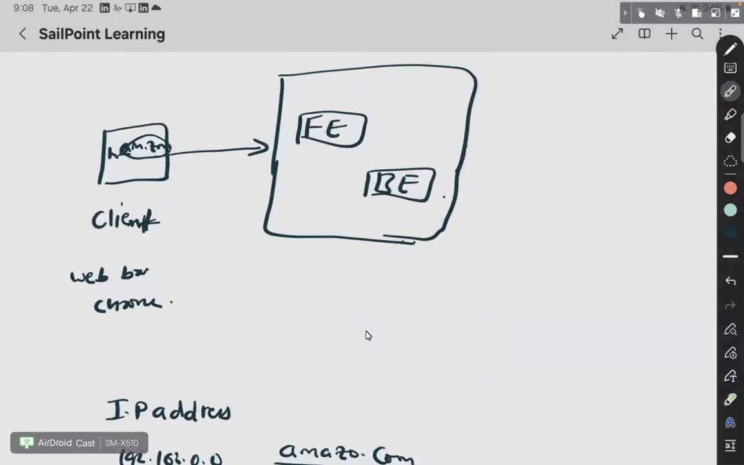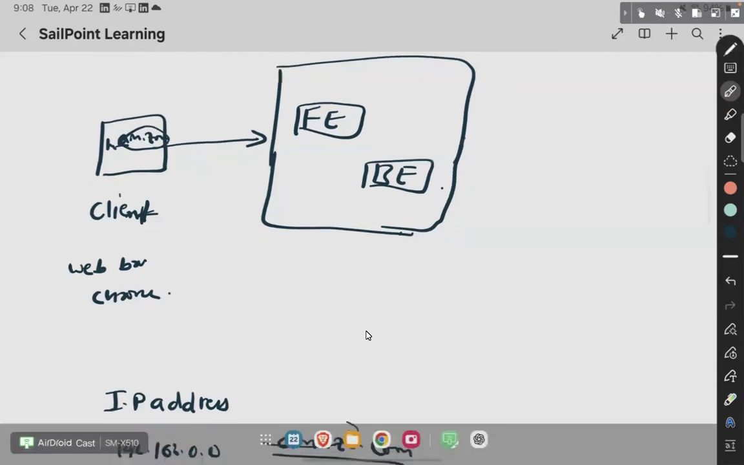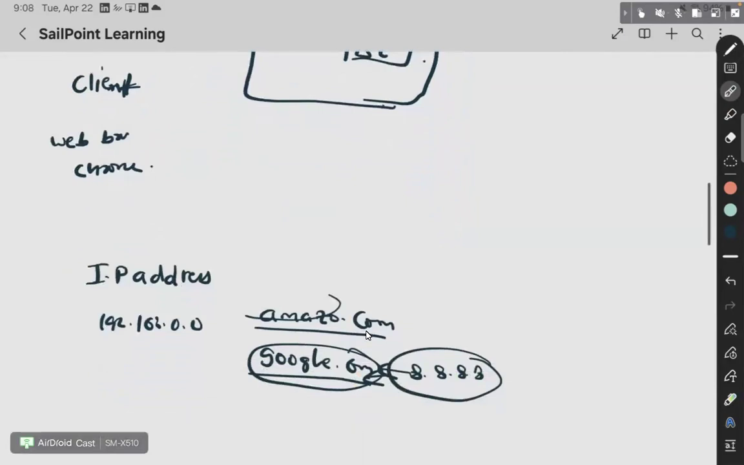So how does the browser know? It has to take you to the particular Google server. How does it go exactly to the Google server? Why is it not going to Amazon.com? Why is it going only to Google.com? Because Google essentially, let's just say, claimed that 8.8.8.8, that unique code,